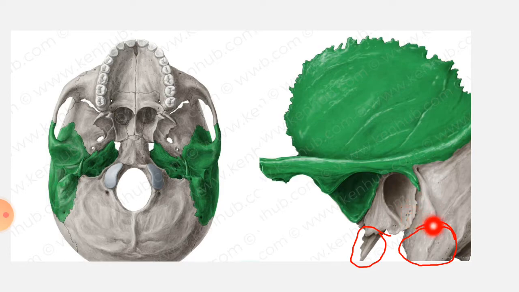This one encircled in red is the mastoid process, and it contains the mastoid air cells, and the sharp projection is the styloid process, which gives attachment to various muscles. At the inferior aspect, you can clearly see the articulation of the temporal bone. Here you can appreciate the articulation of your temporal bone with the occipital bone.